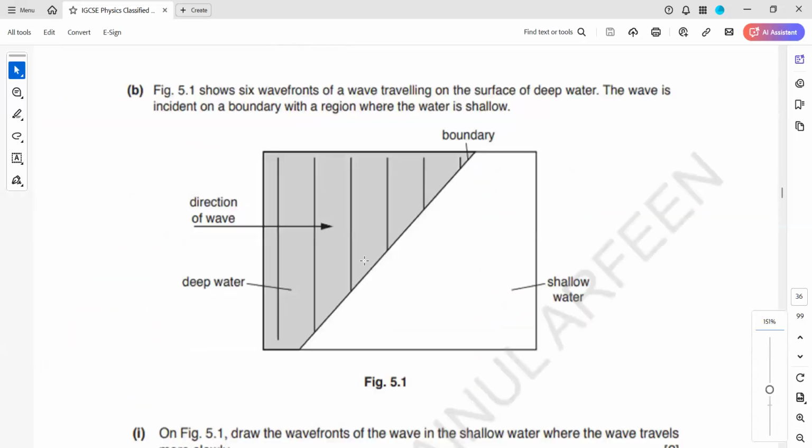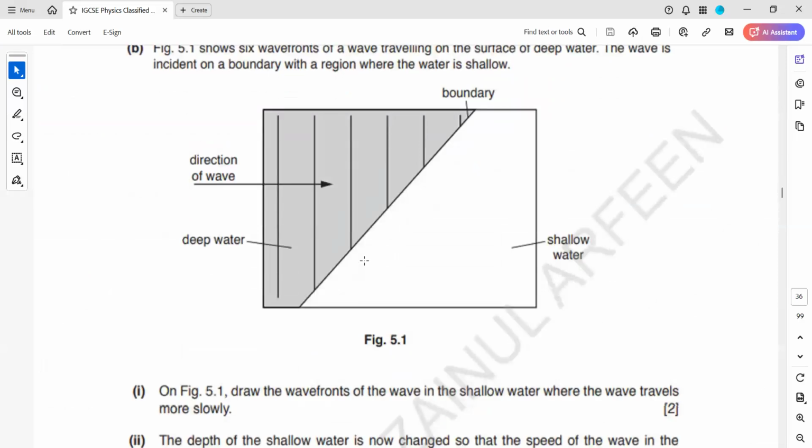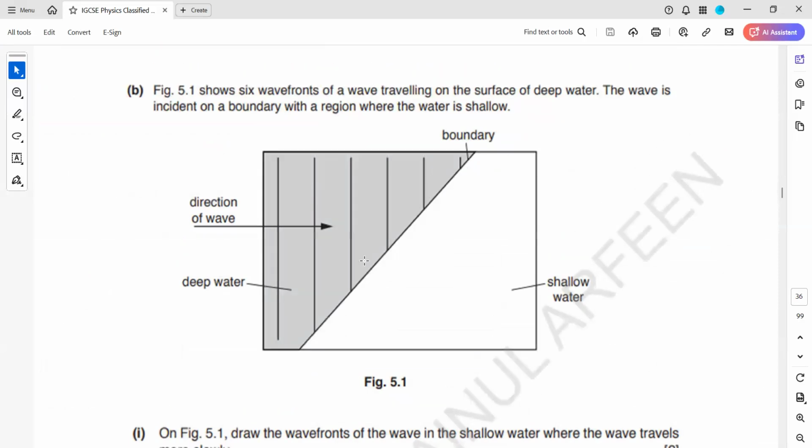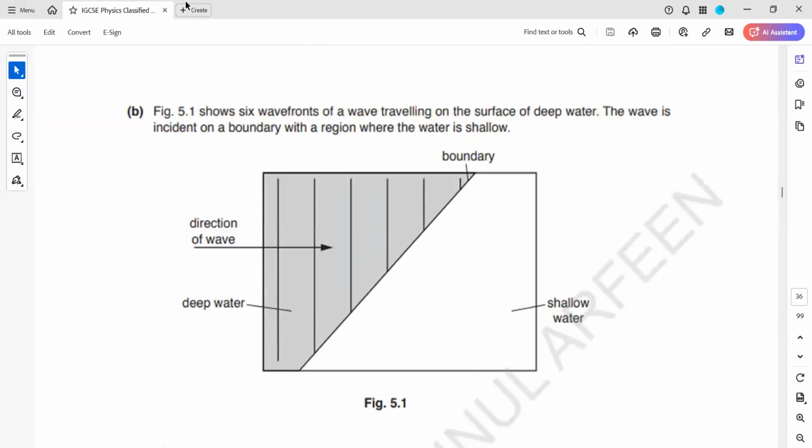Here we have to complete the path on a figure. Draw a wave front to show the wave in shallow water. In deep water, the wave travels faster. In shallow water, it travels slower. If it were traveling at the same speed, I would draw like this. But because in shallow water it is traveling slower compared to deep water,